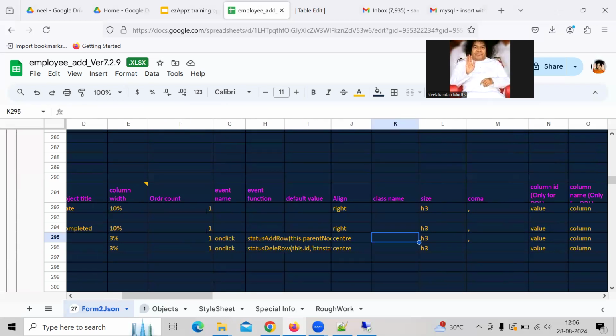So what is the class name that you need to specify? Add button. Okay, that is the class name that you need to specify. The class name is to bring up some coloring effect on the button, that we will see how to do. Okay. So add button is selected. No, that's about the